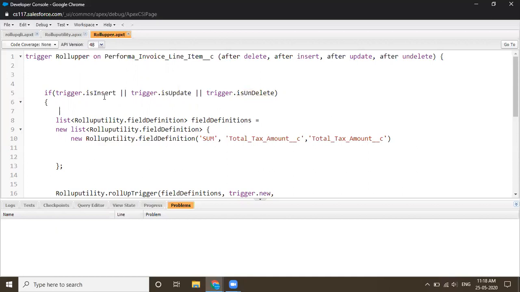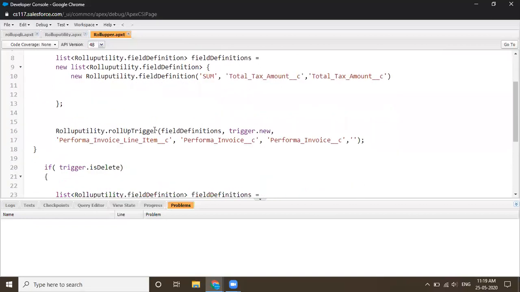If you want it only when you are inserting the record, and if you're using something like an approval process, you don't have a save option over there, so you have to approve that value. In that case, you will use only trigger dot insert. You can't use trigger dot update, I think, since the update will be done by the approval process. So it totally depends upon your scenario how you're going to use it. This is the basic thing that I want to tell you. It's pretty simple.